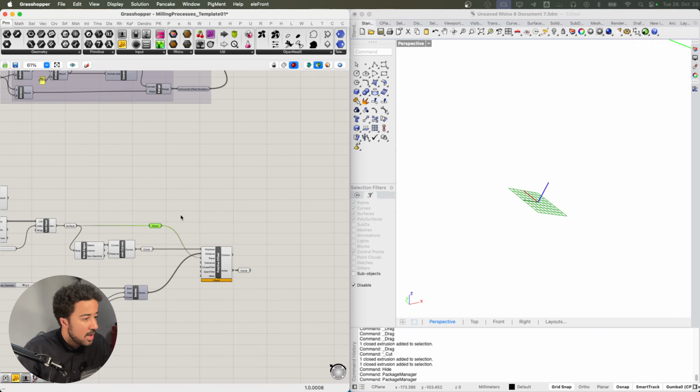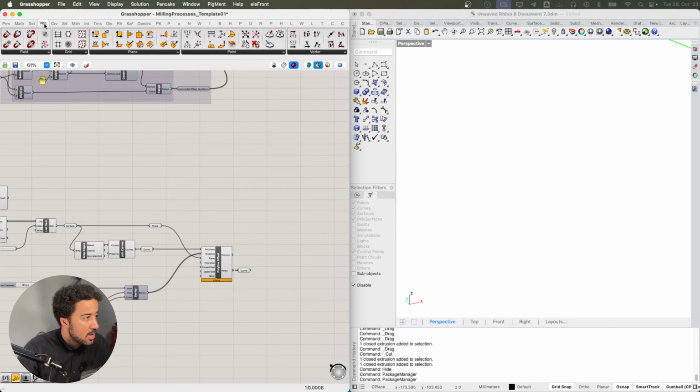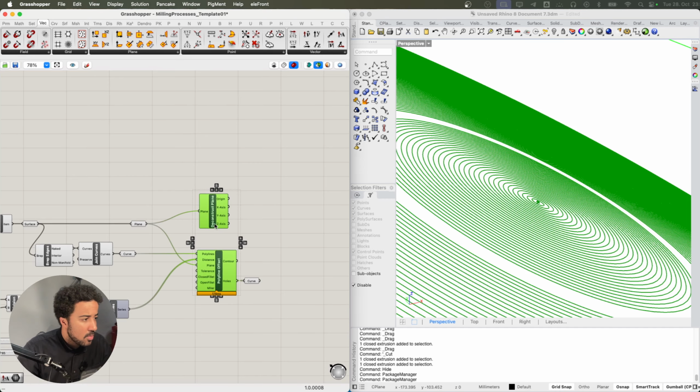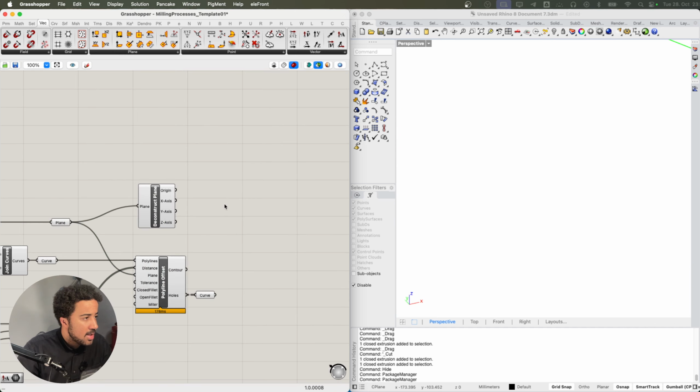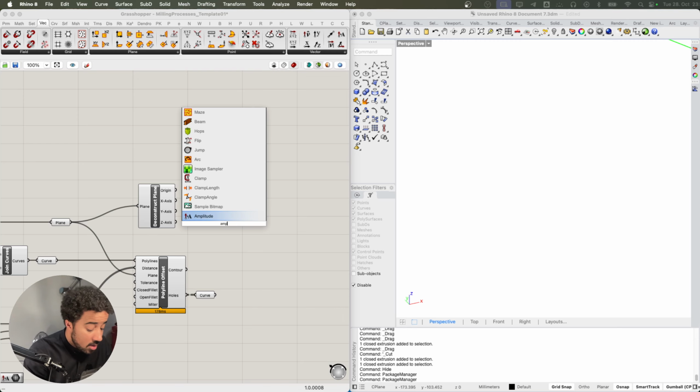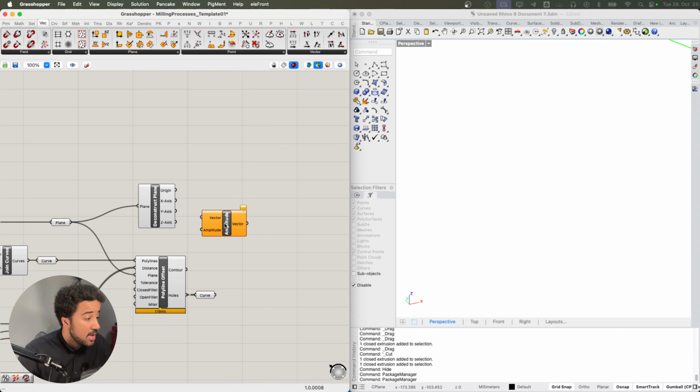So in order to get this vector, we will deconstruct the plane we created. Get our Z-axis. And the next thing we do is to create an amplitude component.